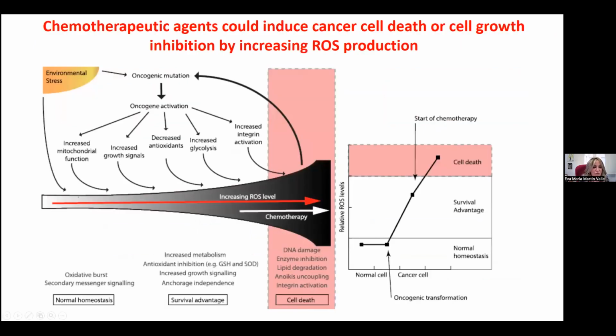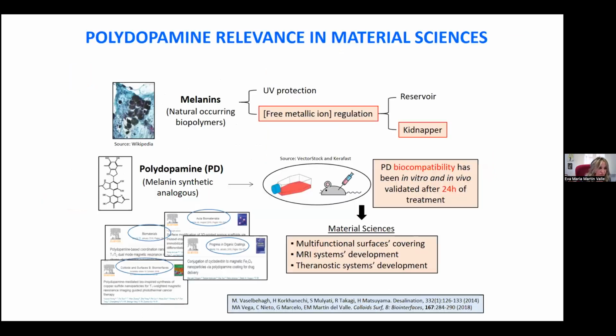During the last years, it has been proved that reactive oxygen species play an important role in cancer cell behavior. If we have a normal concentration, everything is fine. But when we have a very high concentration of ROS, cancer cells experience a behavior called ferroptosis. That means the death of the cell. In this case, we can think that if we can generate a high concentration of this, we can modify the